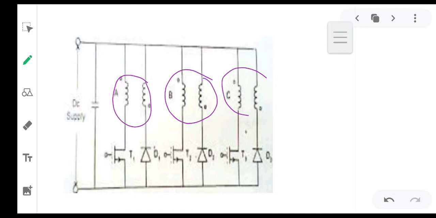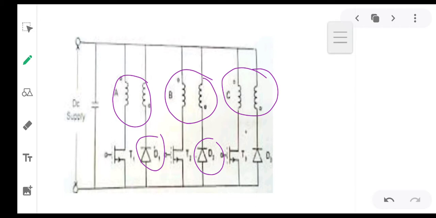Okay, these are magnetically coupled, and for exciting or energizing a particular winding, T1 is turned on. So when T1 is turned on, the current passes through the phase winding A, and when T1 is turned off, for de-energizing the particular winding, the energy stored will be discharged back to the source through this particular diode D1. And here if it is phase B, it will be discharging through D2 to the